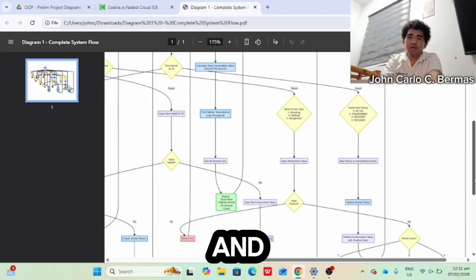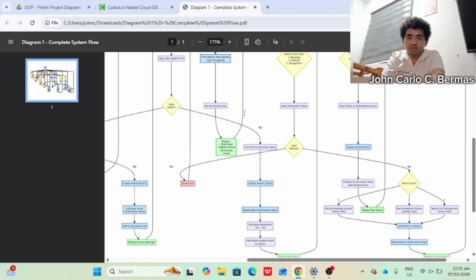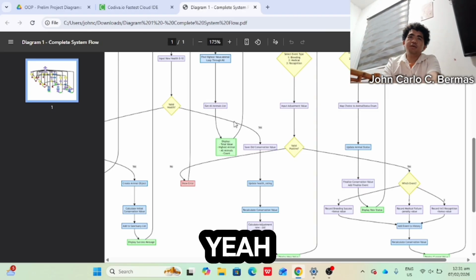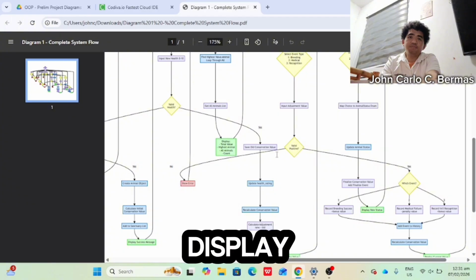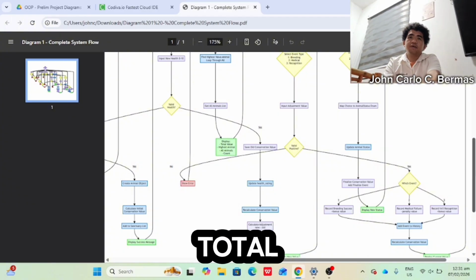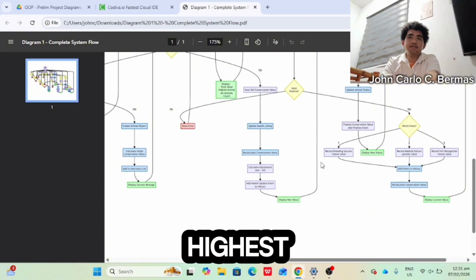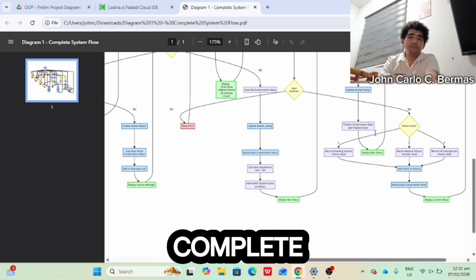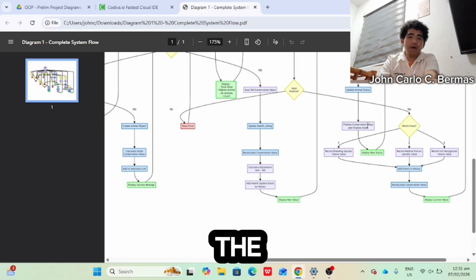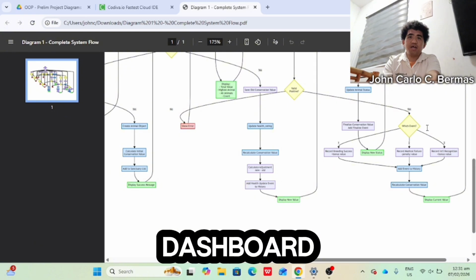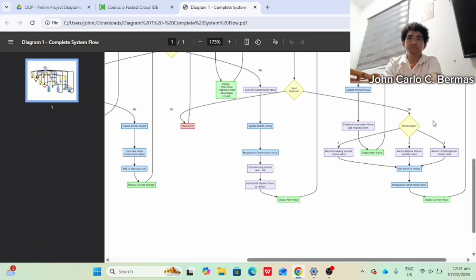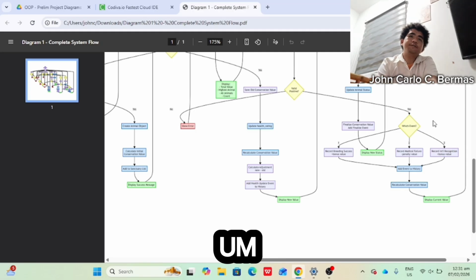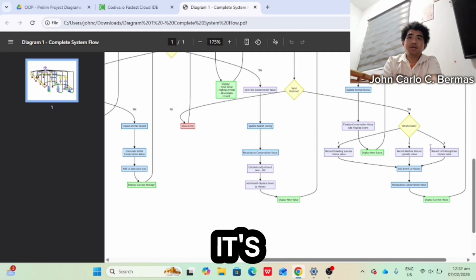The next is our report box diagram. This one implements the final display of total value, highest, and the complete list. It's the manager's dashboard, everything they need to see at a glance.